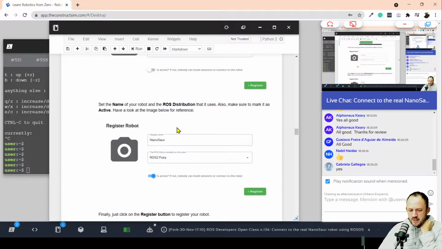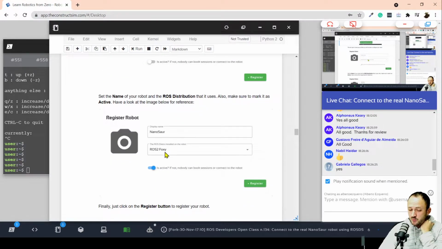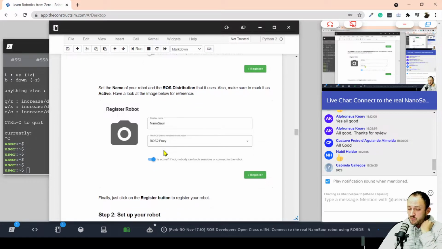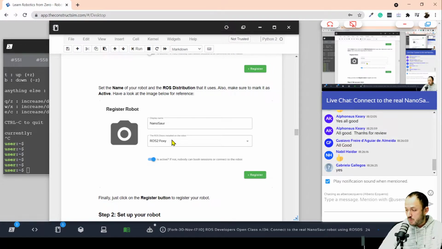And on this page, you should be able to select the version of ROS that your robot is using. In our case, as you can see, I have selected ROS2 Foxy as the version of my robot. Why? Because in my real Nanosaur robot, I'm working with ROS2 Foxy. But if your robot is working with ROS1 Noetic, for instance, then you are also going to have the option to select ROS